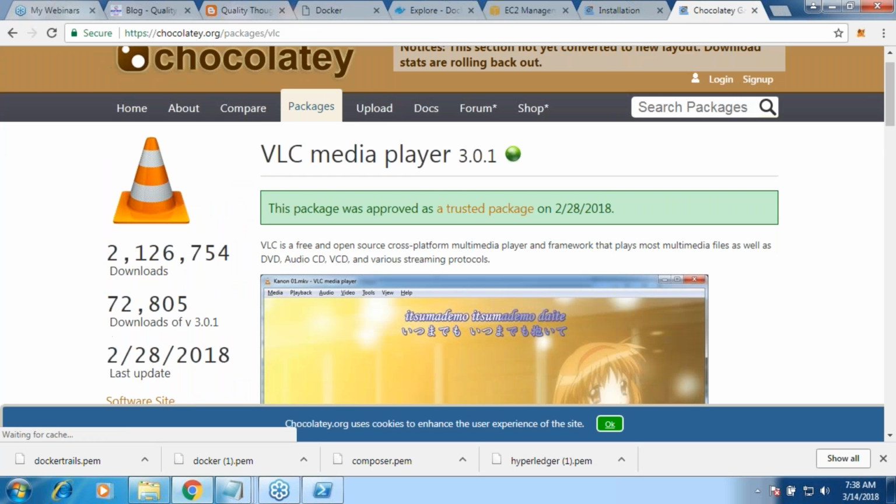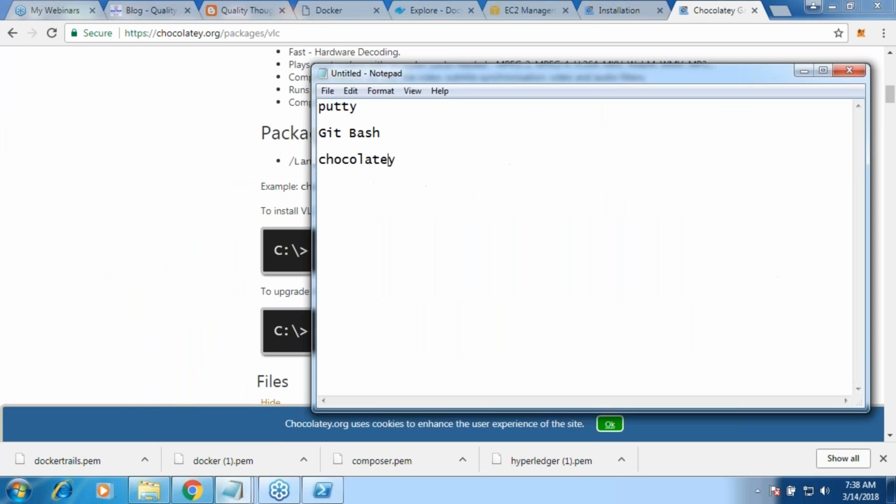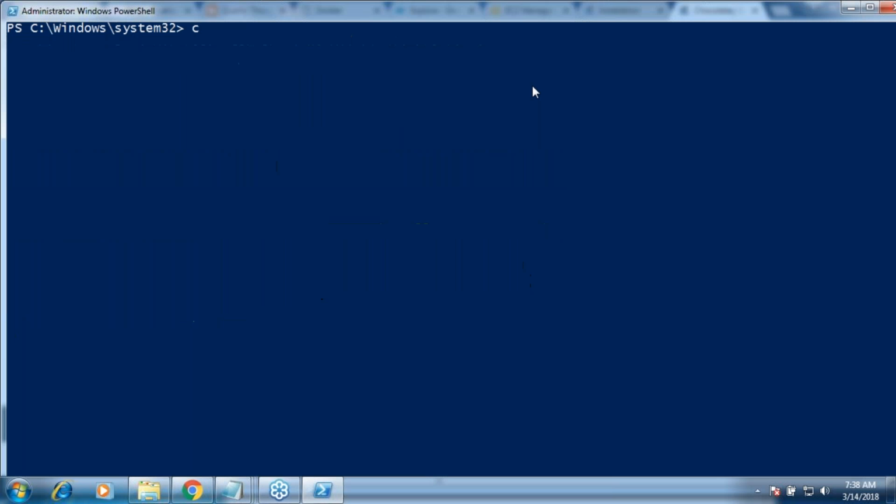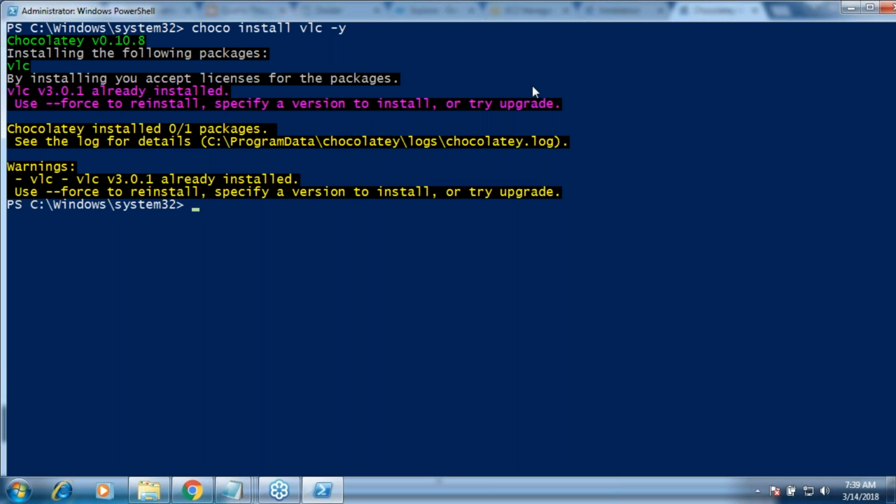Are you seeing Choco install VLC? I'll go into my PowerShell and say Choco install VLC, and I would give -y because I don't want to give yes or no. Oh man, Choco is also already installed, is it? What is left then?